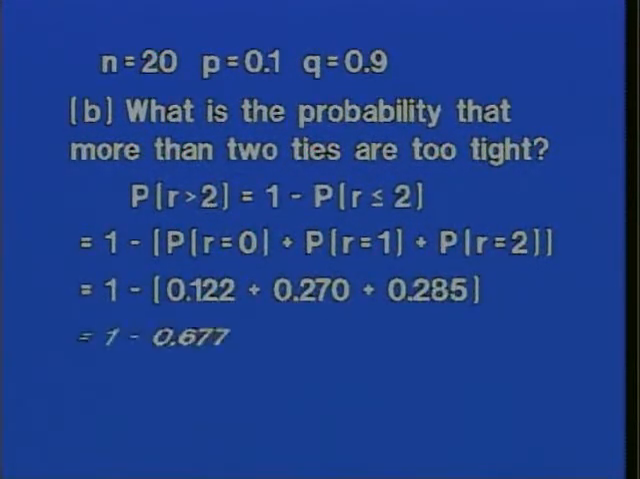Adding those three probabilities and subtracting the sum from 1 is how the calculation is performed. Of course, another way to work this is to use our calculator, and I think we know how to do that. This is not a particularly difficult problem to use the calculator on, and I'll leave that for you to do on your own. But at any rate, it's 0.323 as the probability that more than 2 ties are too tight. Notice that's almost 33%. There is just about a 1/3 probability that more than 2 ties are going to be too tight in this